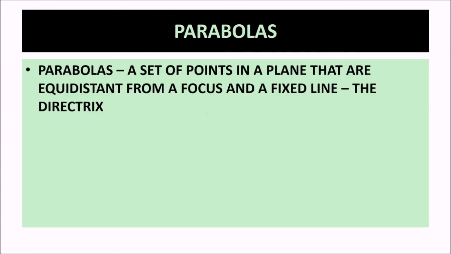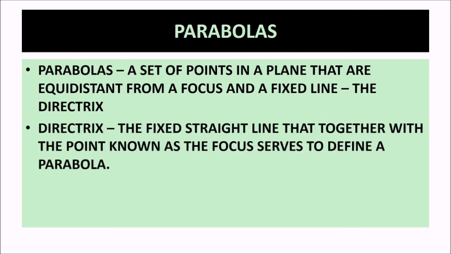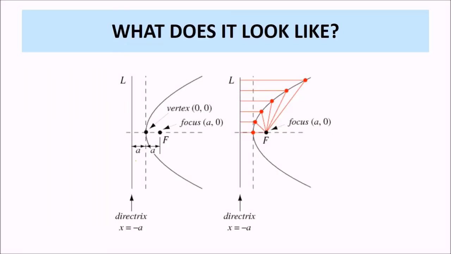What is the parabola? A parabola is a locus of a point, a set of points in a plane that are equidistant from a focus and a fixed line, the directrix. In a parabola, we have the concept of a directrix. The fixed straight line that together with the point known as the focus serves to define a parabola. So in this case, as you see, this is a parabola for us,